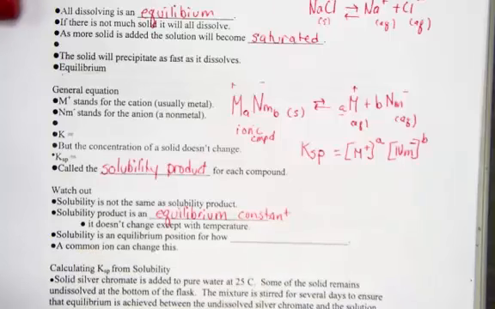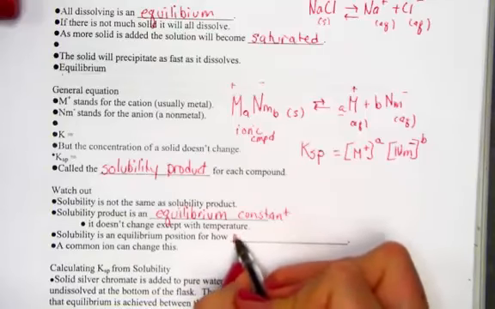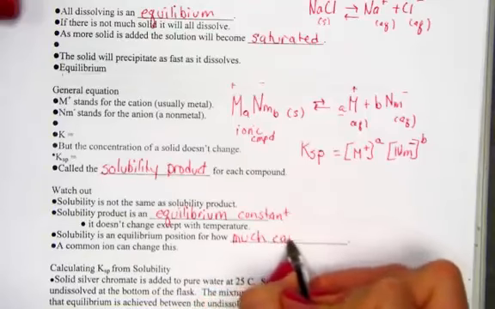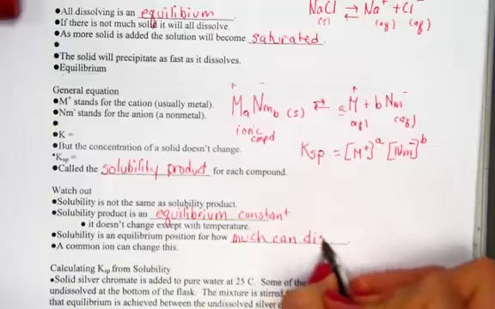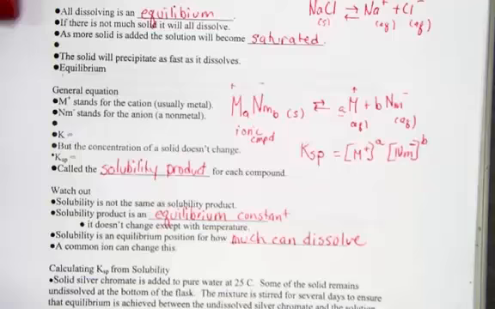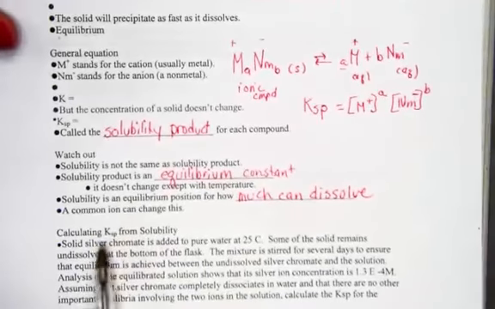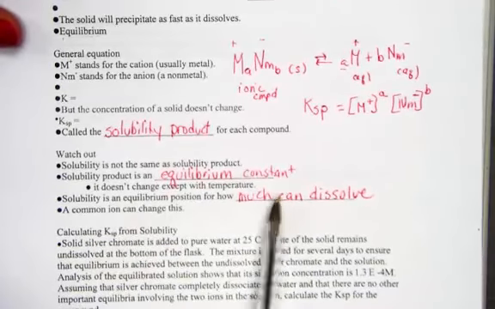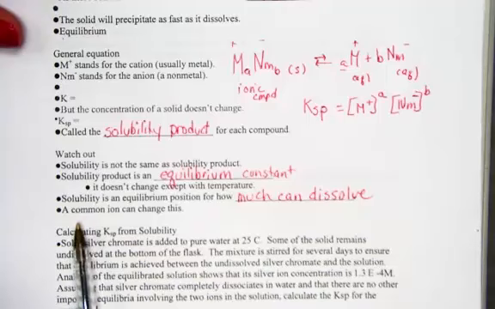A solubility is an equilibrium position for how much can dissolve. In other words, it will have units. Usually it's reported in grams of solute per 100 mL of water, or another common unit might be molarity, moles per liter of solution. So thinking about what might affect an equilibrium position, for example, from our first section of